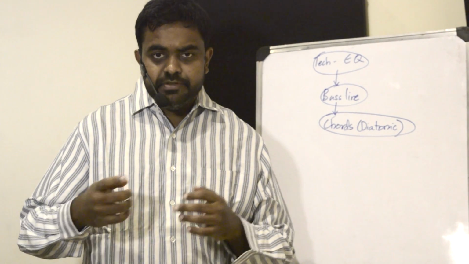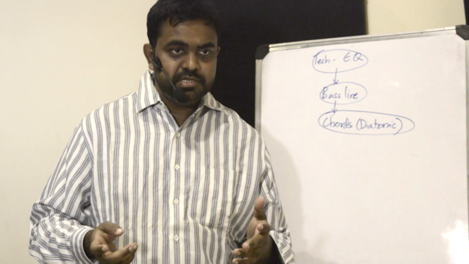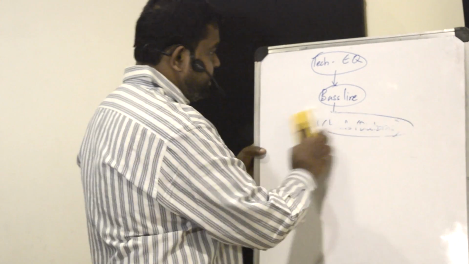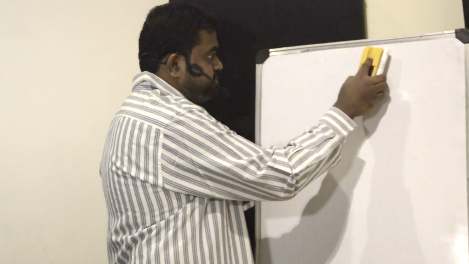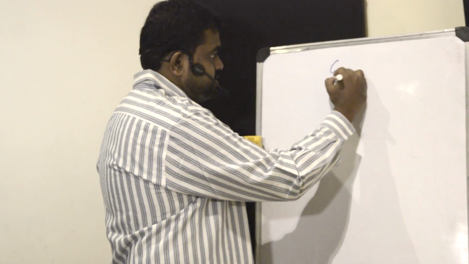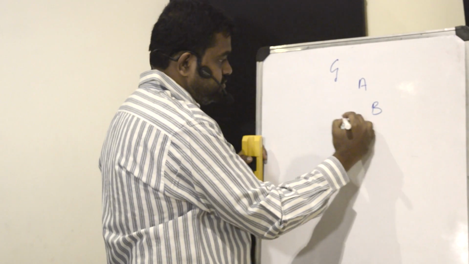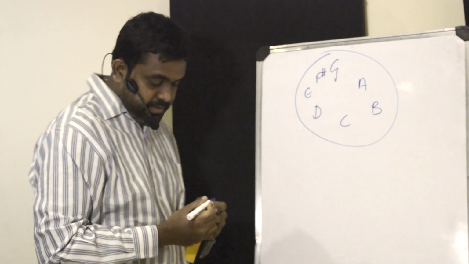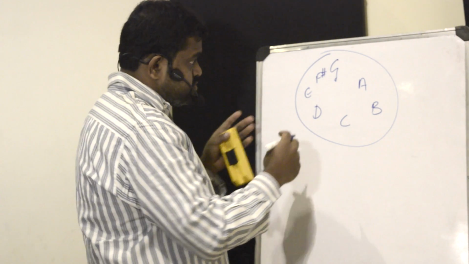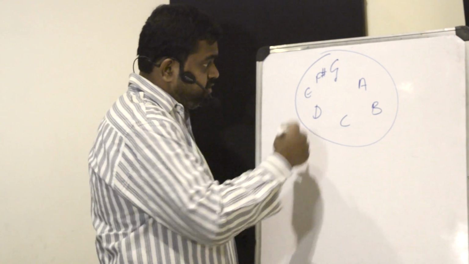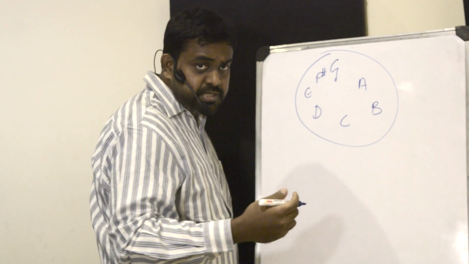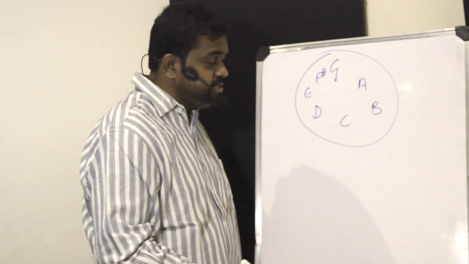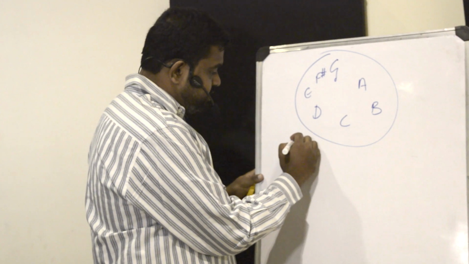So the idea is very simple. When you hear a song, the first primary focus would be the scale of the song, right? Once you've got the scale of the song, so let's say the scale of the song is G major, if I just write that down, G major, as we all know, has one sharp. So what one can do is identify the chords of this scale, at least the majors and minors for now. We can look at the seventh chords or the chord extensions maybe in a later series. But the basic major and minor chords,